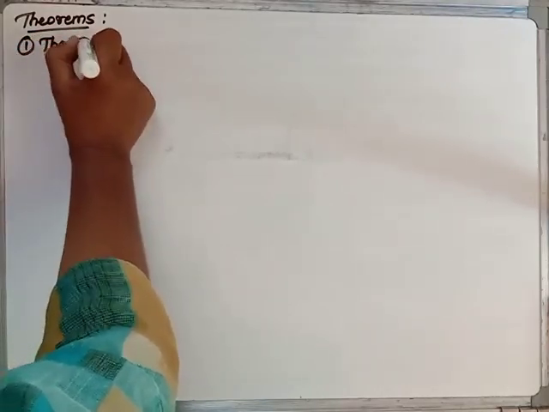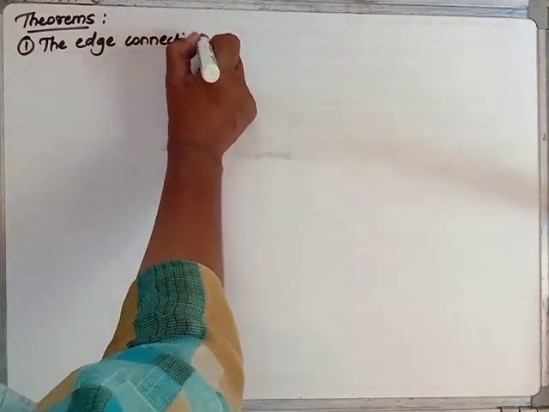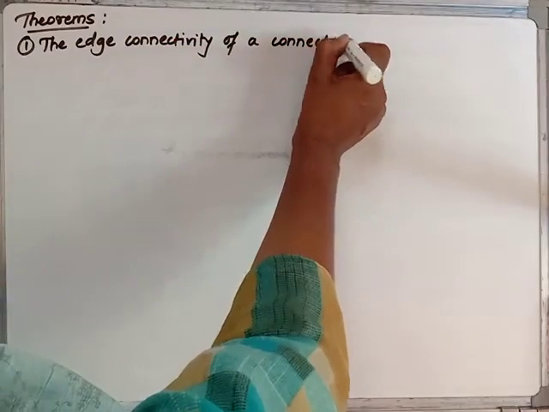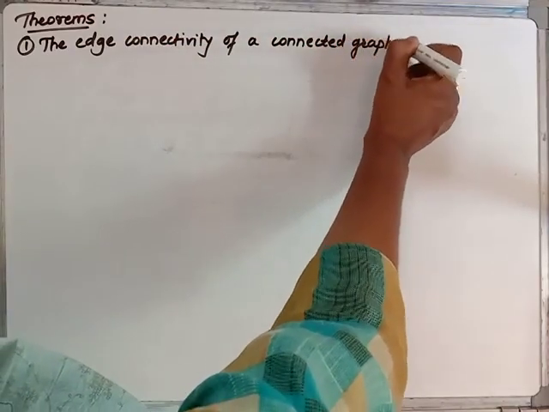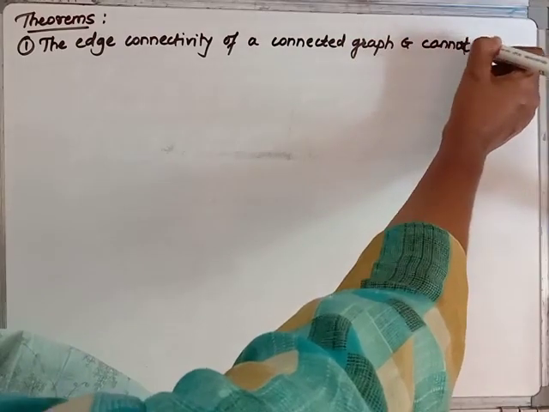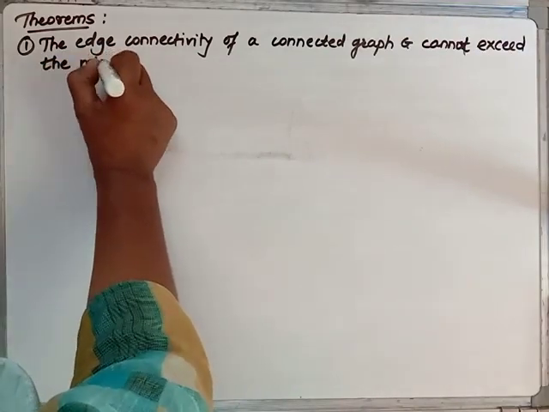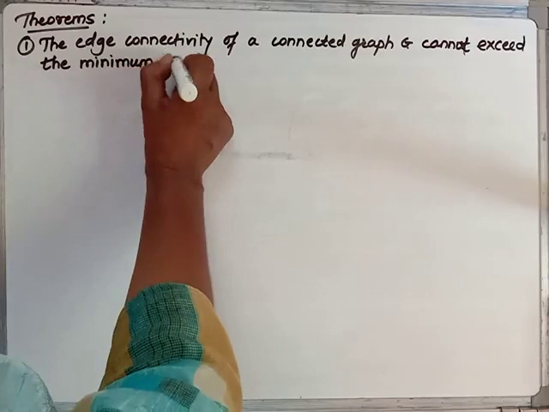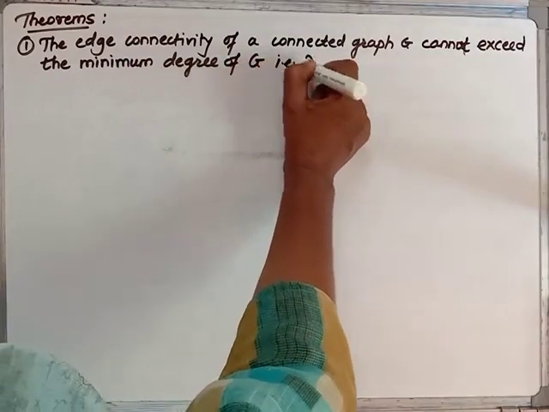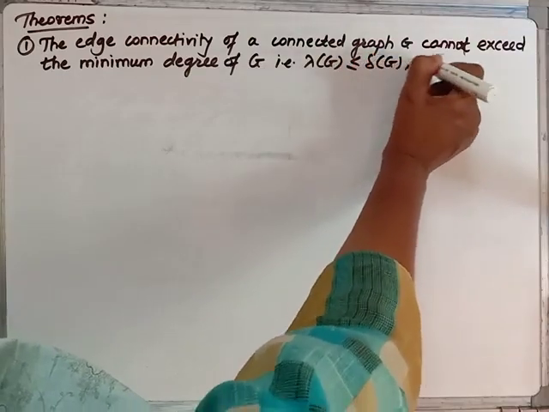The edge connectivity of a connected graph G cannot exceed the minimum degree of G. That is, lambda of G is less than or equal to delta of G, where